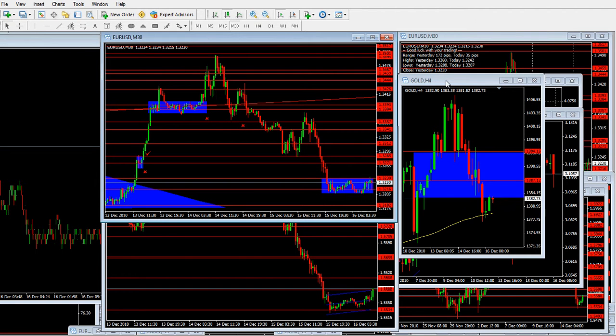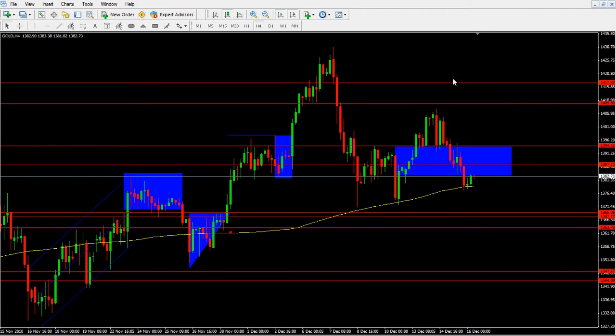And another situation at gold, which I wanted to mention. I was telling you for a few recent days that we have beautiful signals, shadows at the 4-hour chart based on the 4-hour strategy, which you will find in many Forex strategies, and another beautiful shadow seen at the 8-hour chart. Right now at the 4-hour chart, it looks like two candles with very fast recovery of the second candle to the upside. And I was telling you that we might be interested in coming in long to the market,